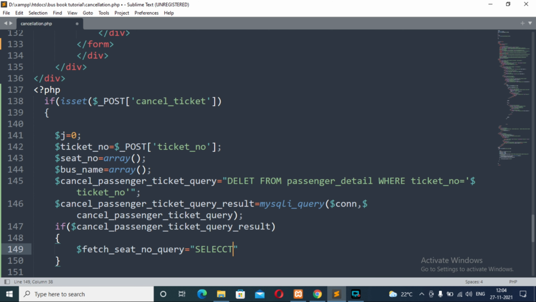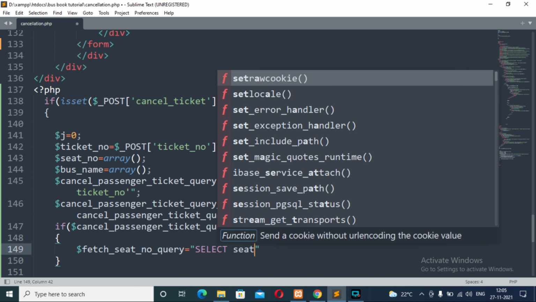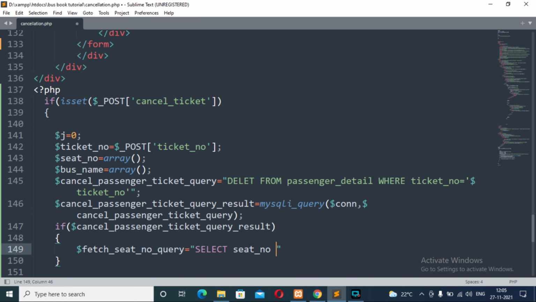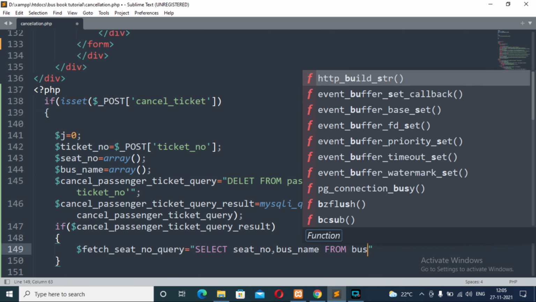The query is: select seat number, bus name from bus seats.